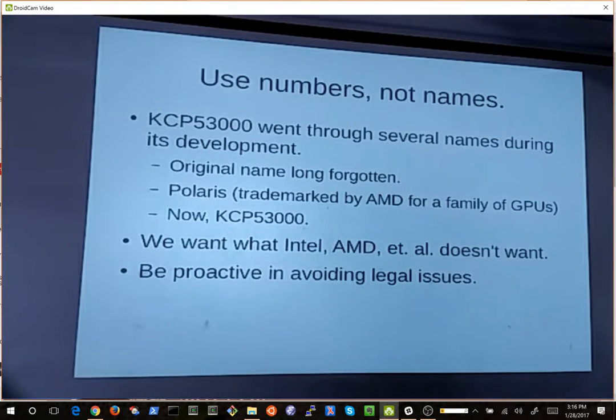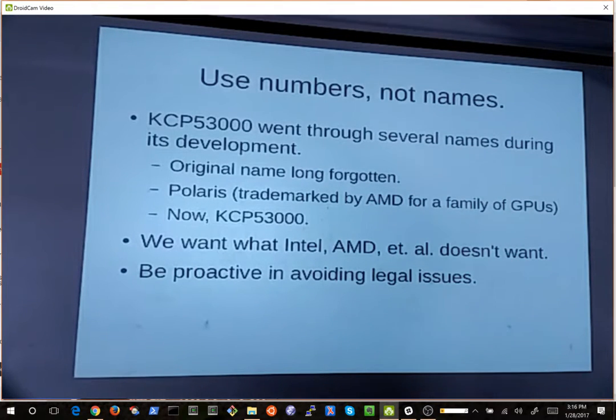So the solution to this is to go back in history and look at what Intel did back when they were about to release the 80586. Oh, you don't know about the 586? Well, that's because Intel renamed it to the Pentium. And the reason they renamed it Pentium is because